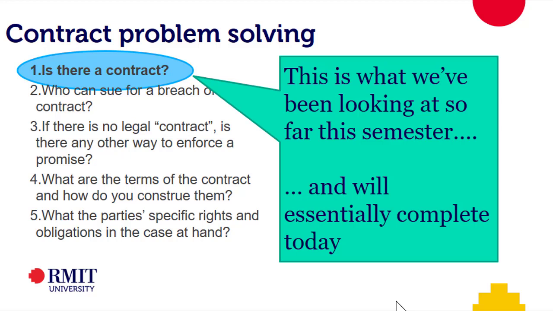So in the whole big map of answering questions, we're just at this very beginning stage of, is there a contract? So still also thinking about these elements of the contract, 4 elements: agreement made up of offer and acceptance, or if we can't find those 2 things, a meeting of the minds perhaps; consideration; intention; and certainty, which now is made up of these 3 elements of certainty. All of those things together are what we need to have a contract. Failure of any one of them means no contract.